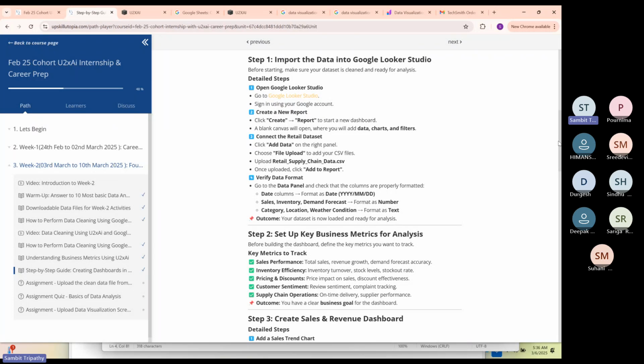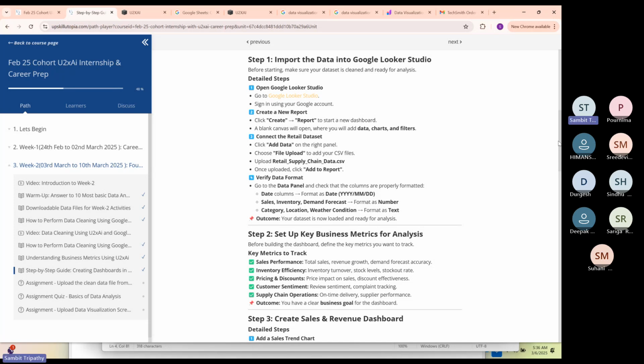The answers may not be as good as the concept clarity or other tools, because those tools are specially trained and programmed to do certain tasks, but you will have an overall idea. All you have to do is ask it: give me a simple explanation of what data visualization is. Then ask, give me a simple explanation of what Looker Studio is, how am I going to use it, and what details are required for geolocation in my Excel spreadsheet, and you should be able to get the answer from there.